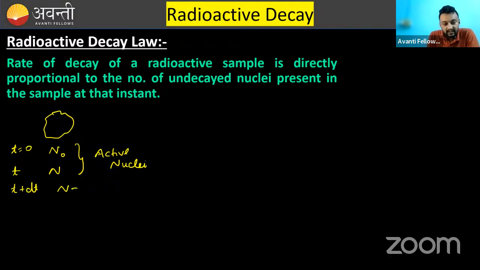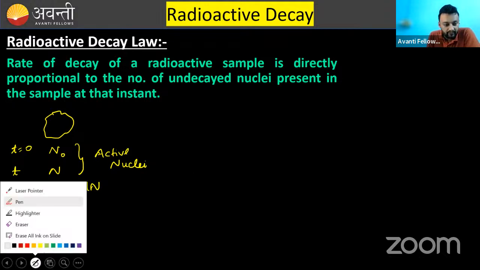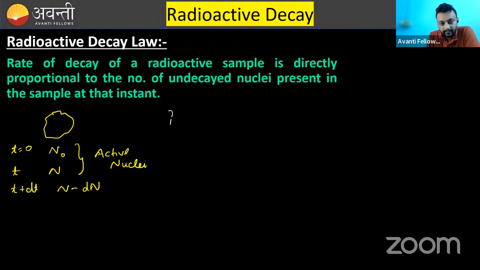Let's suppose dN nuclei were disintegrated. N was originally there, dN disintegrated, so the remaining number was N minus dN. So the law of radioactive decay says, the rate of disintegration, that is